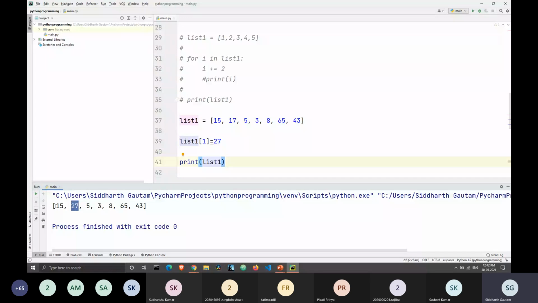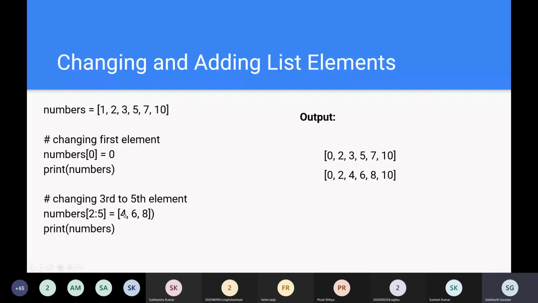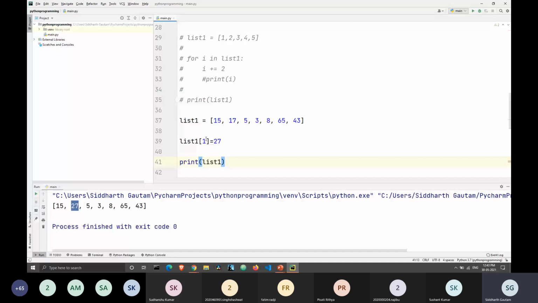What if I want to change multiple values at once? In that case, we just studied slicing just a minute ago. So we'll take our example from here. Let's say we take our example from 2 to 5. Our starting value is 2 and the ending value is 5, which means the second, third, and fourth index will get changed. And since we are changing 3 values, we have to enter 3 values also.